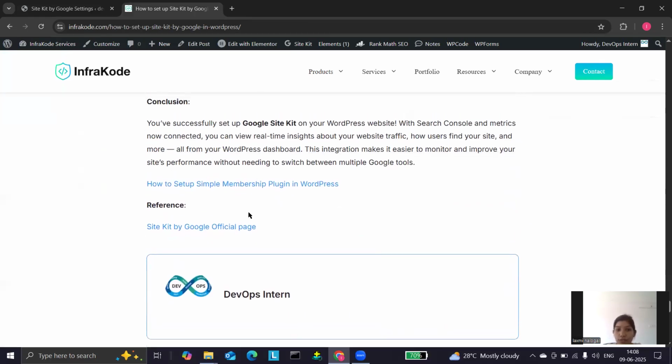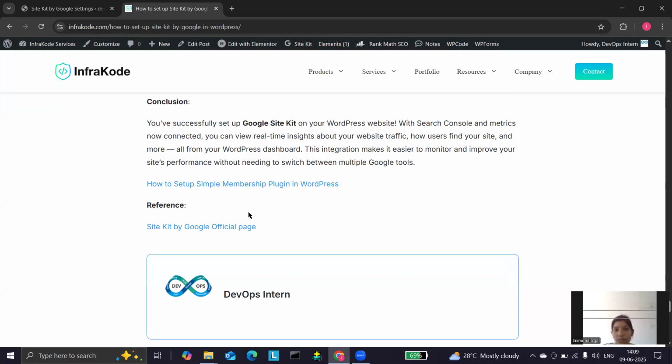So we have successfully set up Google Site Kit on our WordPress website with the Search Console metrics connected. Also, we viewed real-time insight about website traffic. We also find our site data in the WordPress dashboard. This integration makes it easier to monitor and improve your site performance without needing to switch between multiple Google tools.